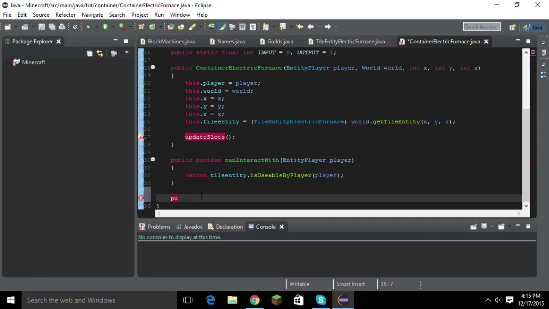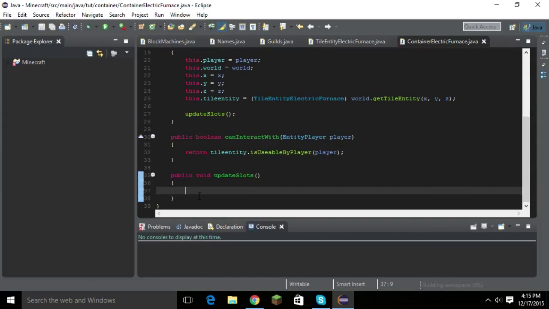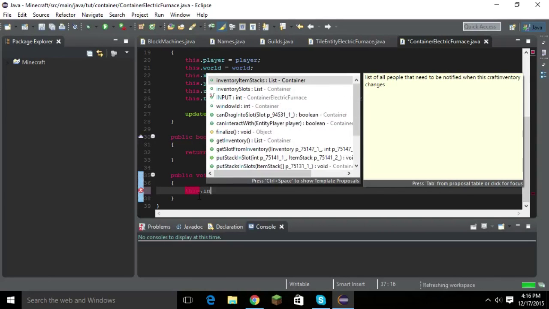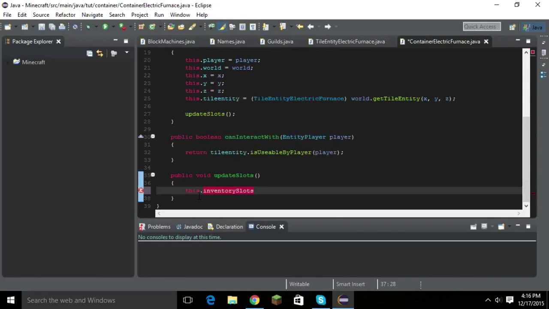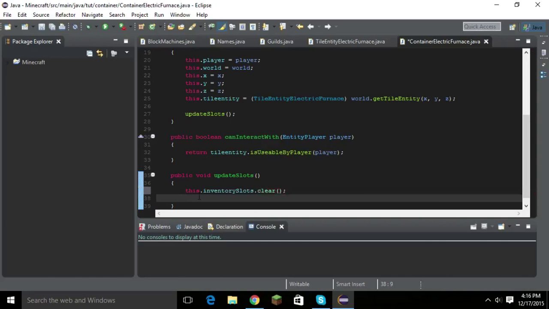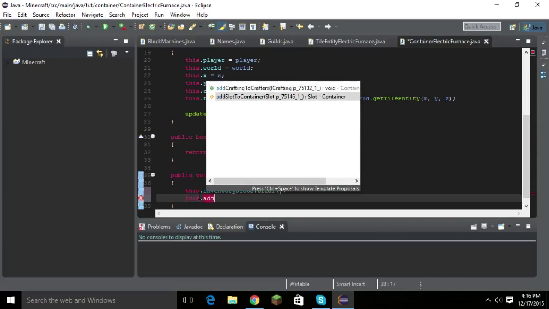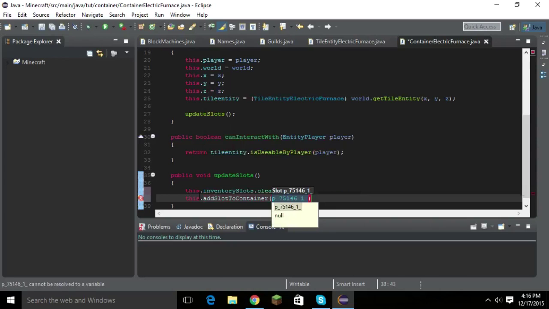Public void updateSlots. We are going to add no parameters. And then we're going to go this dot inventory slots dot clear. Then we're going to go this dot addSlotToContainer. We're going to type in new Slot,